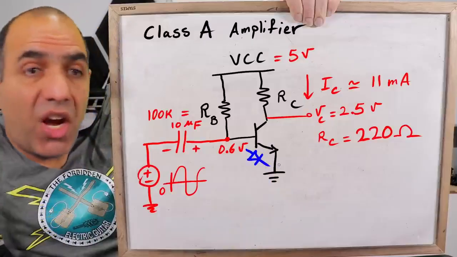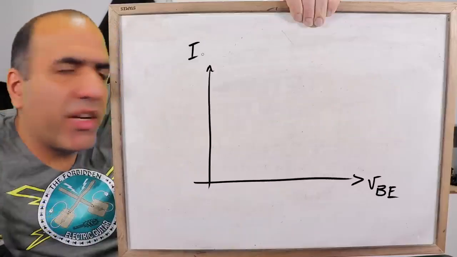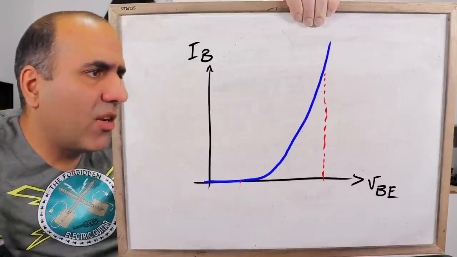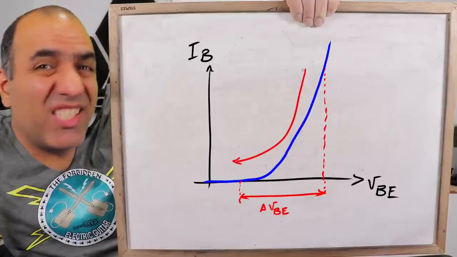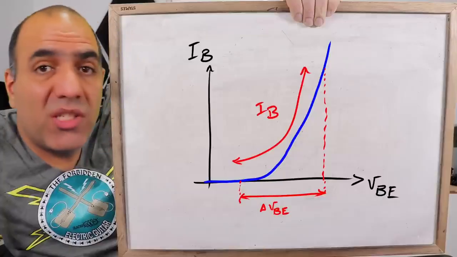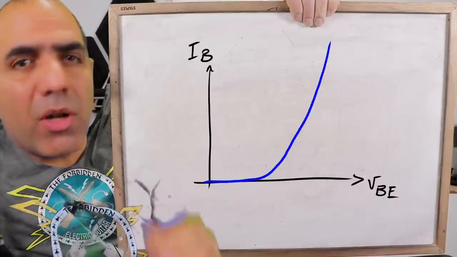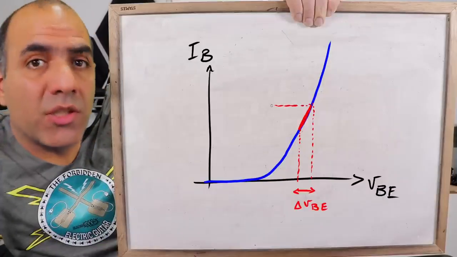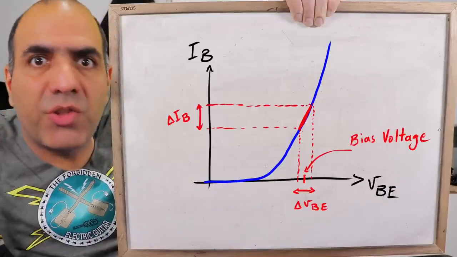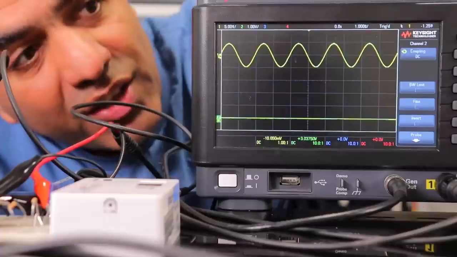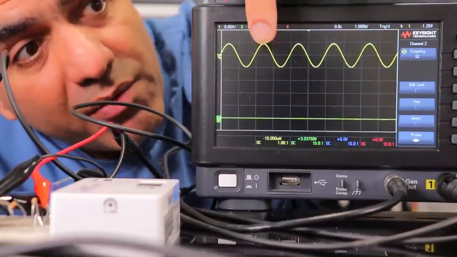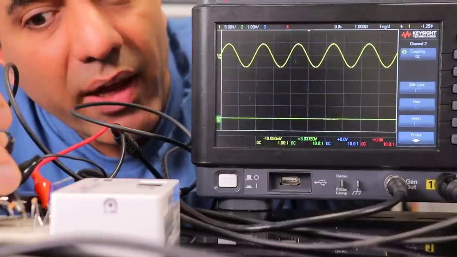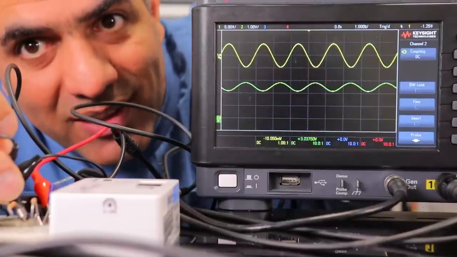Base emitter is a diode and its voltage versus current is like this. If the signal is too large, the base current is not linear and the output signal is distorted. For minimal distortion, we should keep our signal small so the base current remains relatively linear. Here I have a plus minus 5 millivolt input to the circuit, and if I probe the output, that is